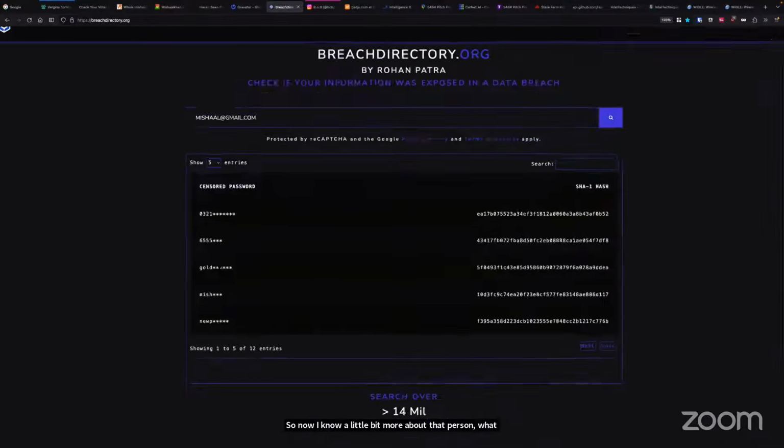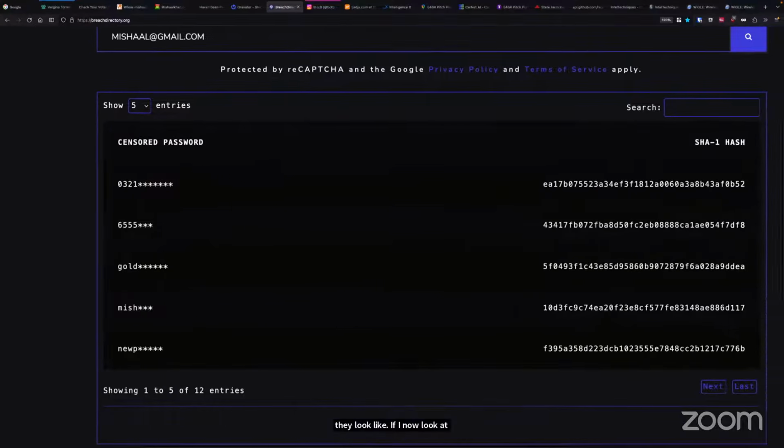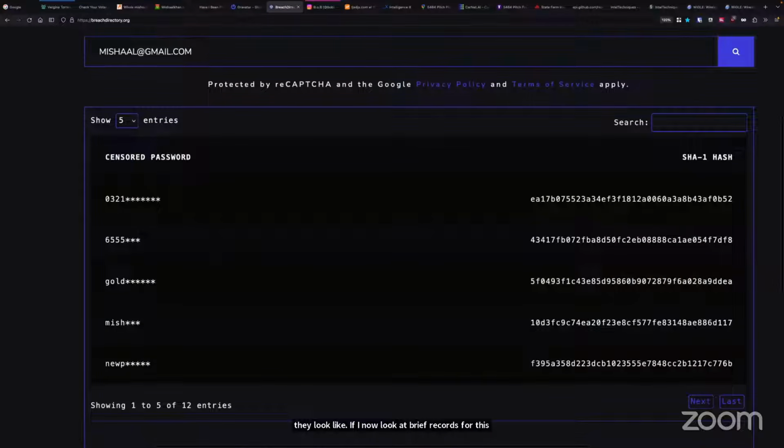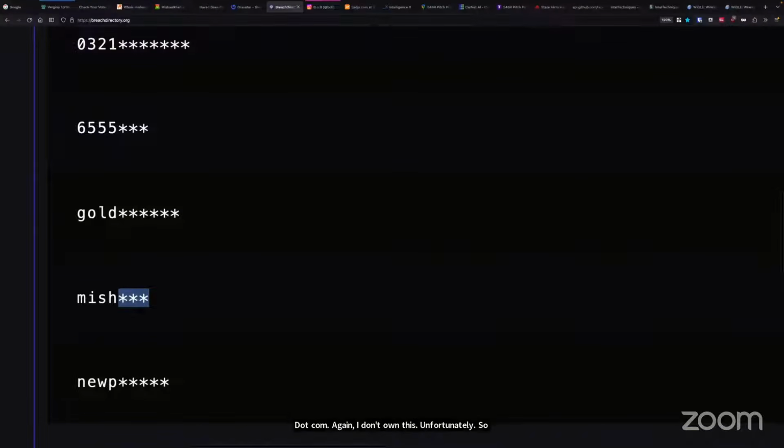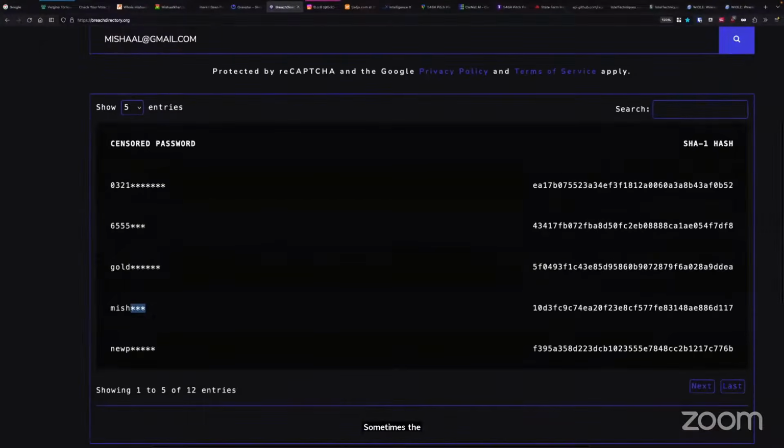Now, like I said, I'm not after passwords, but let's say I do find passwords of mishal@gmail.com. These are previous passwords from some breaches. And if I look at this password, for example, I can pretty much guess what these asterisks here are. So there's no need to mask them. But let's say I want to know what this password was, or the ones with the number. This could be a phone number or whatever. Let's say this one. This website does give me a hash of the password.